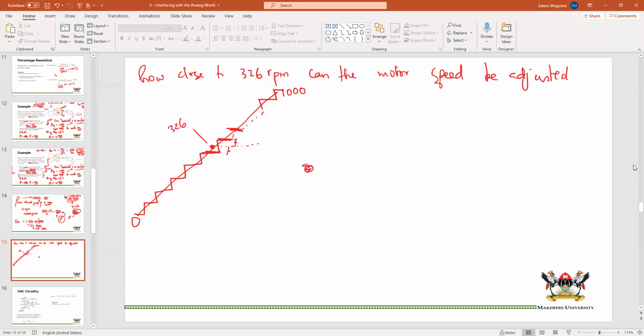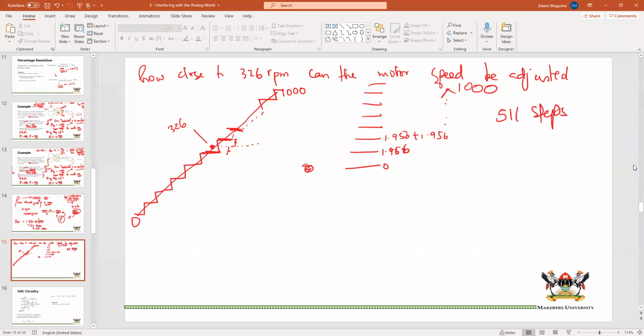Let's say we have these levels. We start at 0. The next one is 1.9656, I think. That's our resolution. 1.956 plus the next 1.956, and so on. We keep moving until we reach 1000 based on this after 511 steps. So if we use our formulas, we will find that the number of steps